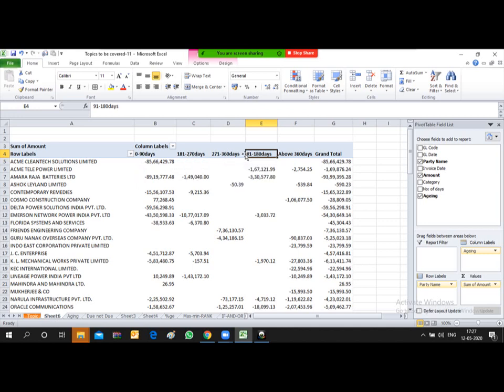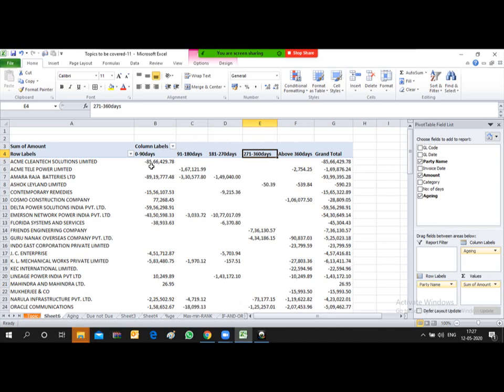So I can shift this column to the left or to the right. I'll pick up this column 90 to 180 and place it at the right sequence. So now my sequence is perfect: 0 to 90, 91 to 180, 181 to 270, and so on.